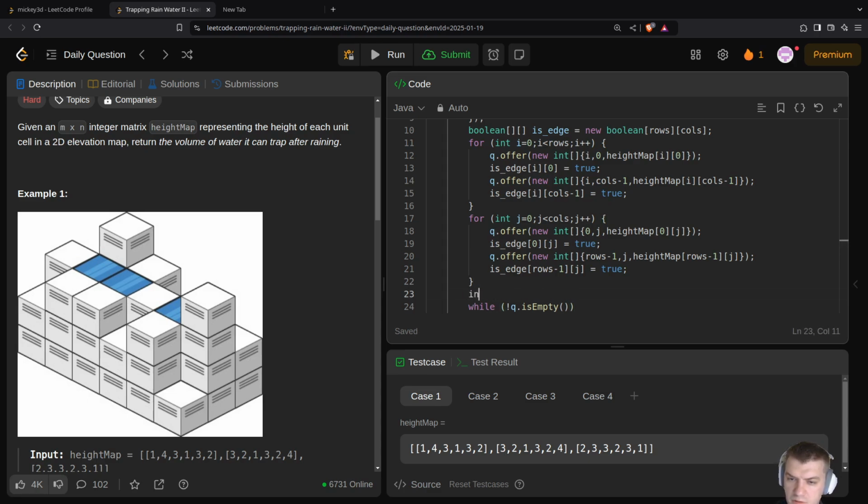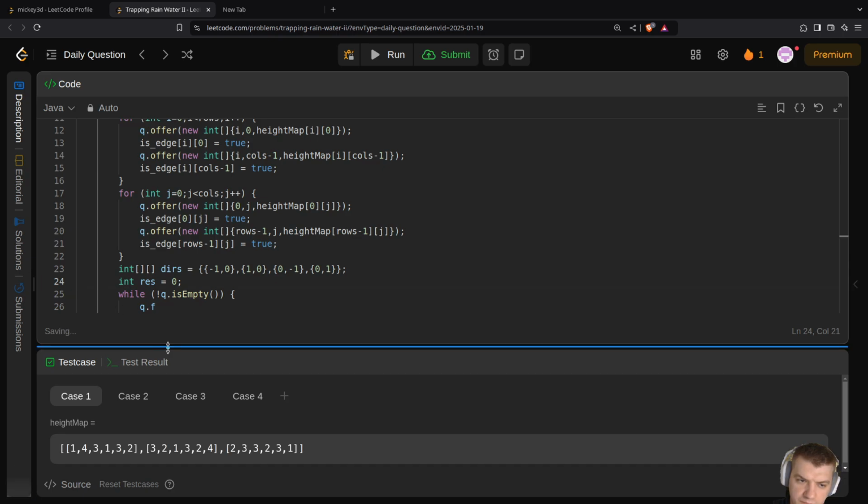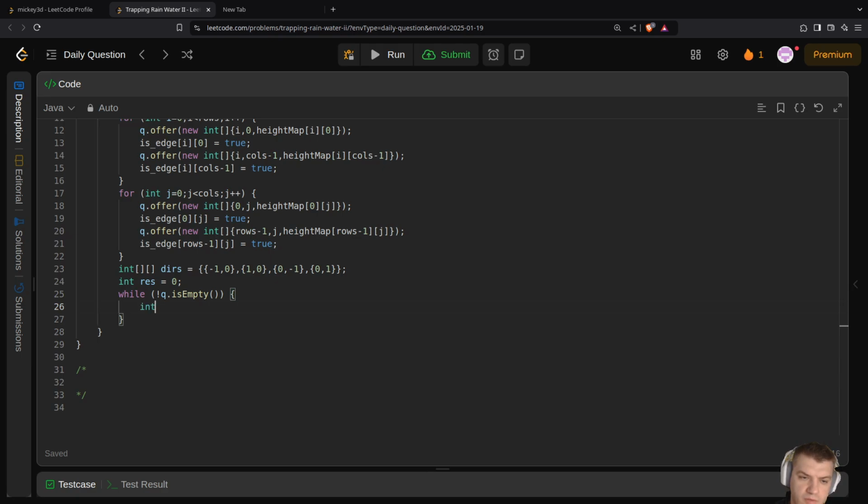So I'm going to have the directions array, okay, and then the result variable also, q dot, so int p equals q dot poll, then int height equals p 3, next i equals p 0 plus,